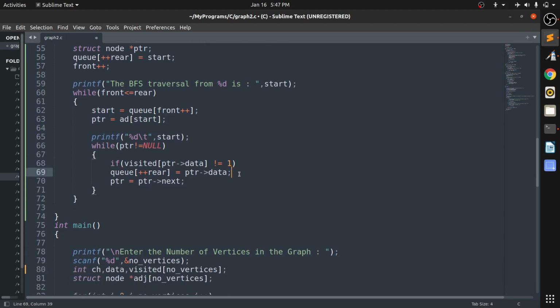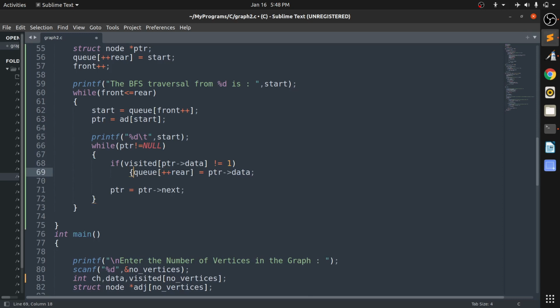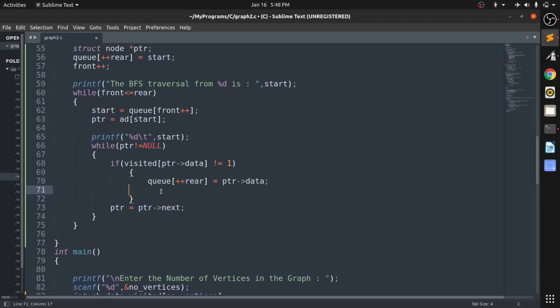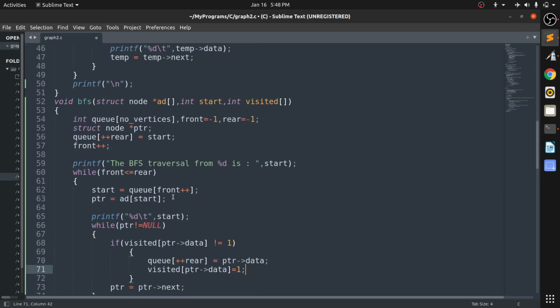Okay, and when I enter it into the queue, then I will mark it as visited of that data. Then it will mark visited of data, and also here visited of start as 1.